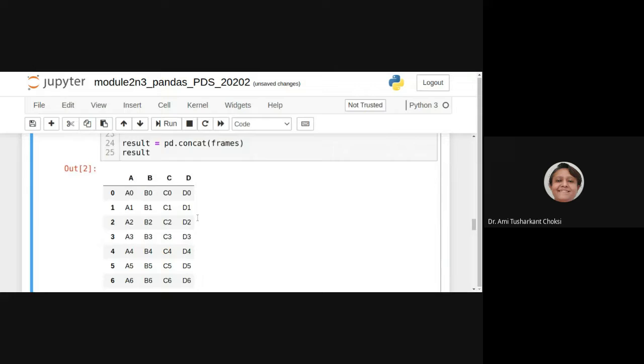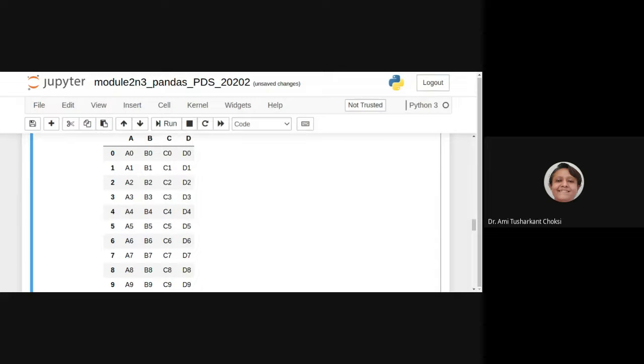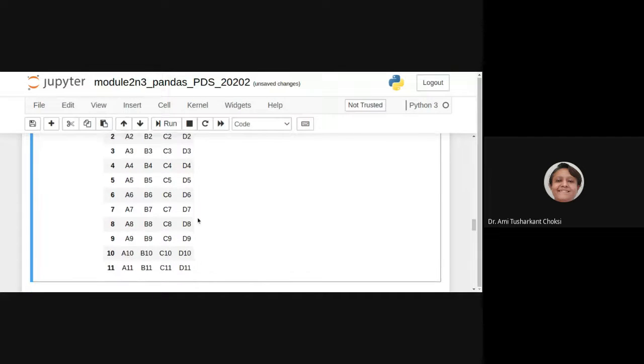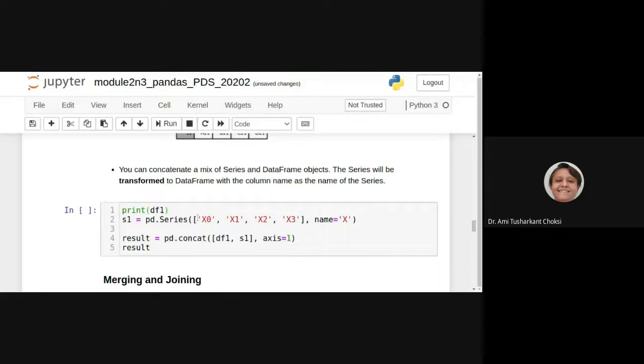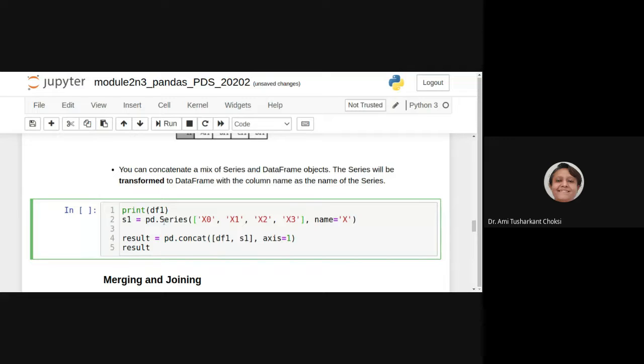This was where we concatenated the data frames. Now we want something more than that. Here we print df1, so whatever is our df1 will be printed. We want to see the original data frame, and then do something new.